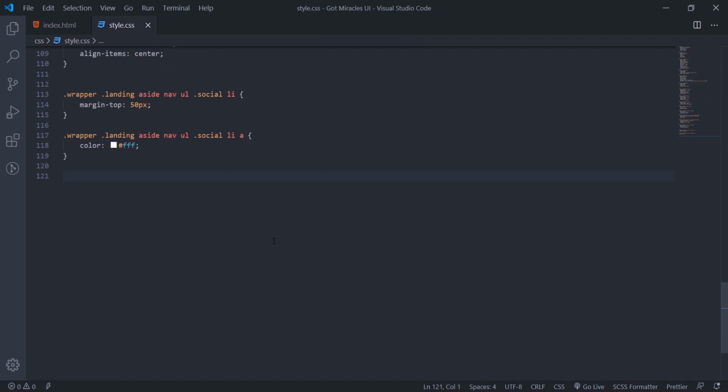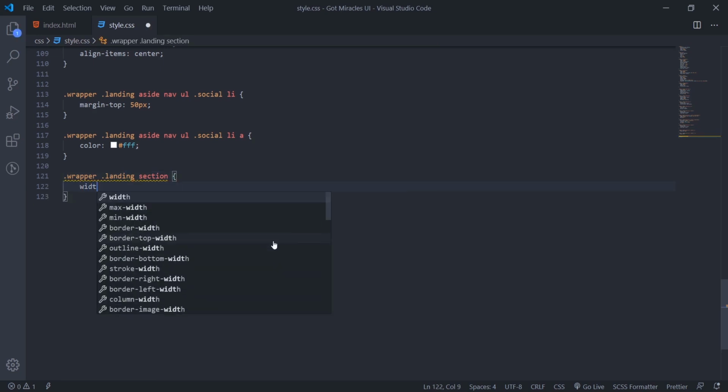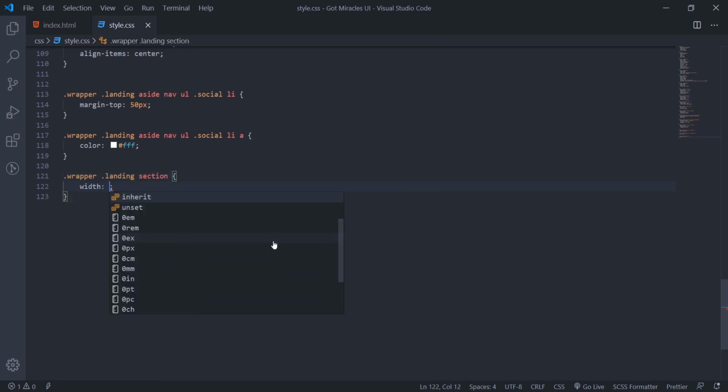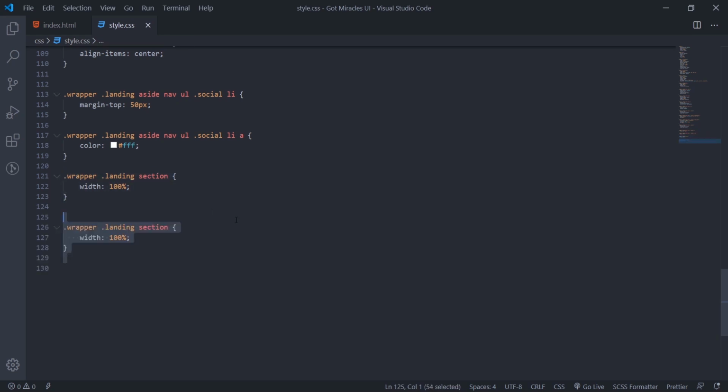So I'll come here now. I'll just say dot wrapper dot landing section. Then we'll set the width to 100%. Then I'll target this one again, the header.